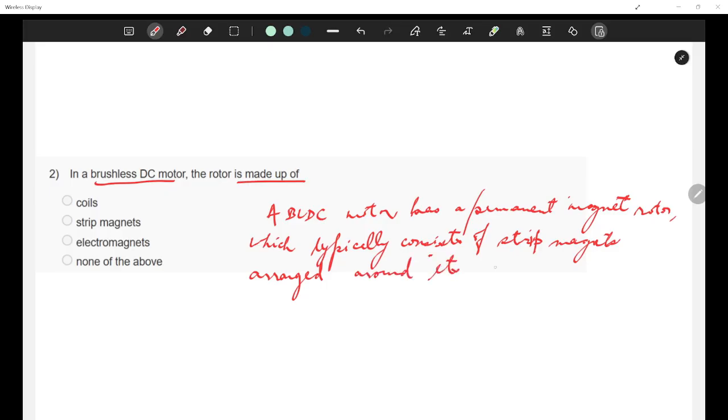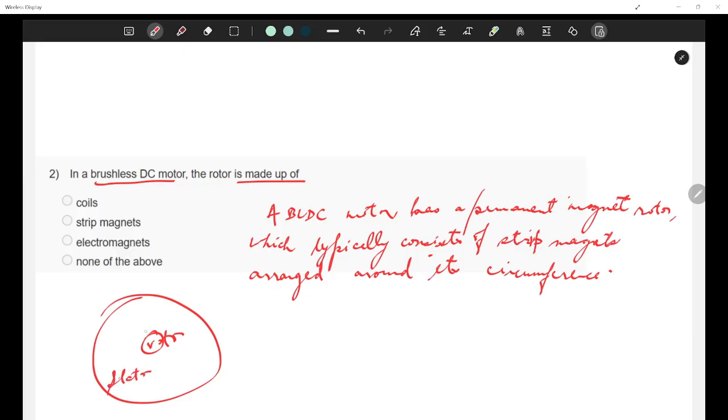Okay. So the stator contains the coils that create a rotating magnetic field to drive the rotor, right? This is your rotor, this is your stator. Stator is something which remains stationary, rotor is something which keeps rotating.